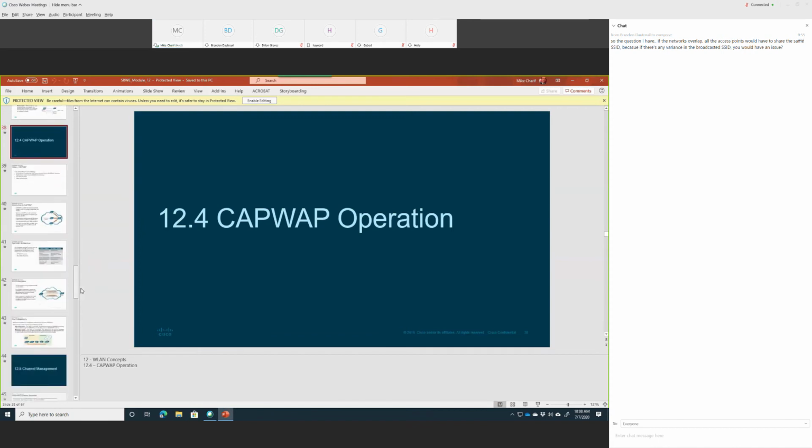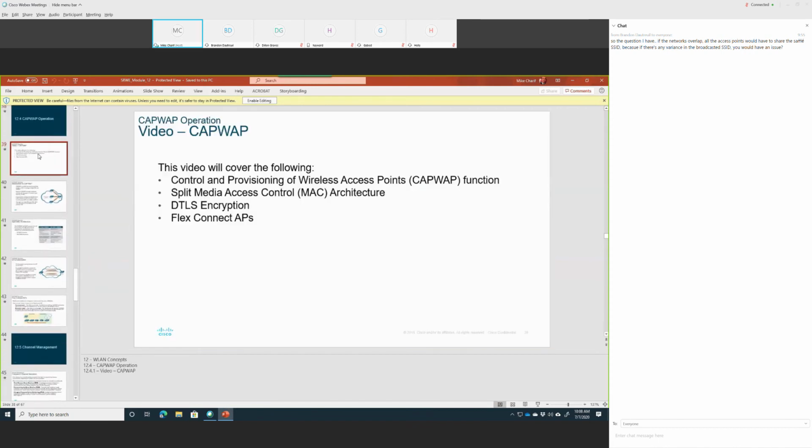This is another one. This talks about CAPWAP, which is Control and Provisioning of Wireless Access Points. Split MAC, media access control, architecture, and talks about the encryption. So